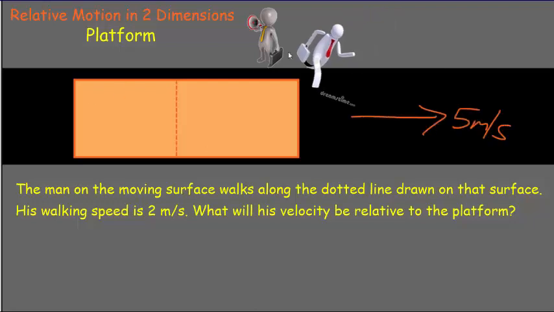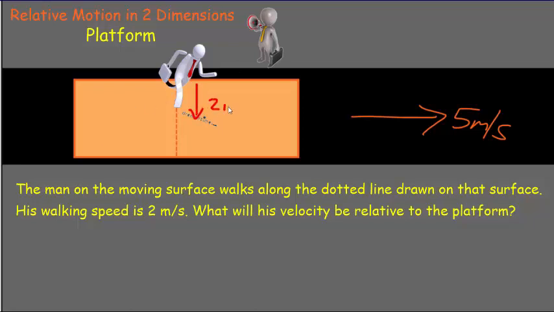Our walker, we're going to put him right here, and relative to that moving surface, we're going to make him move at 2 meters per second. Now, of course, to this guy over here, what he's going to see is not simply the motion at 2 meters per second straight across the car, but he'll also see the man moving to the right at 5 meters per second. So what we want to do is do this again as a